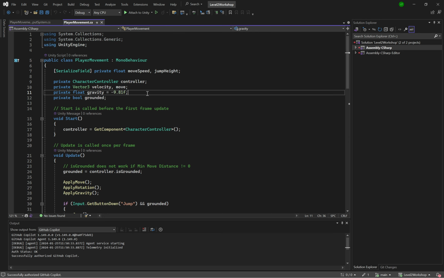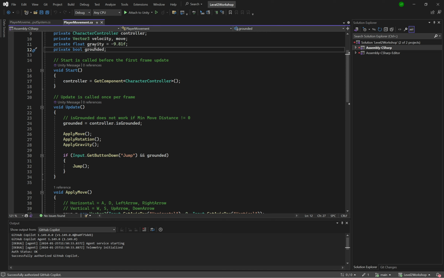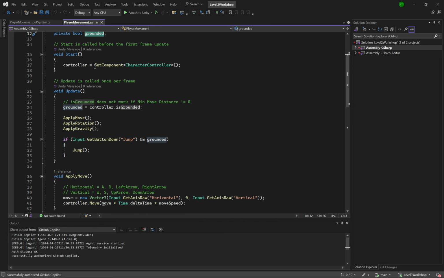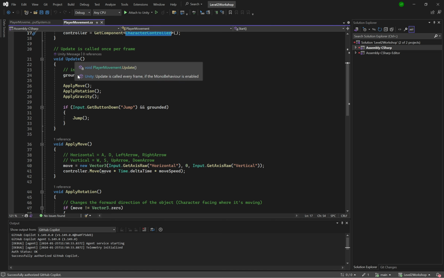Yeah. So that you can get the input, and then you can pass the input in for some form of movement. And then you have grounded, which saves whether or not the player is actually on the ground, so you can know whether or not you should jump. So on start, you get the character controller component. Then as you update,